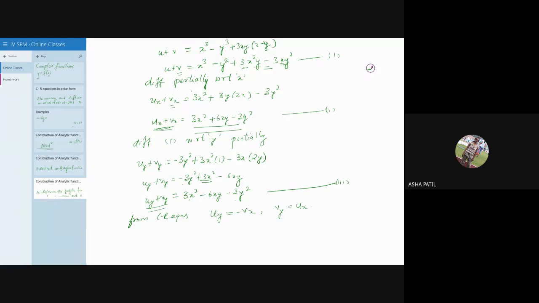So substituting them, uy means it is minus vx, vy means it is ux, is equal to 3x square minus 6xy minus 3y square, or we can write it as ux minus vx is equal to 3x square minus 6xy minus 3y square. Okay, now